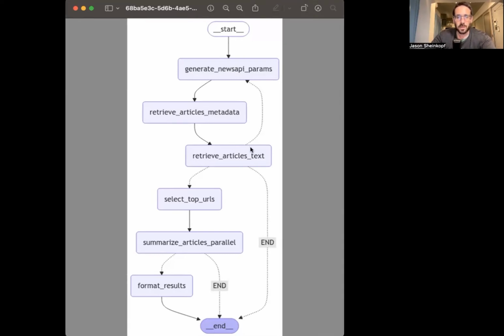In the next node, we use web scraping to extract the article text to make sure it actually exists. If we don't get enough good results, an agent goes back to the previous node to try new API parameters. After that, the agent compares the article headlines to the original query and selects which are probably the most relevant articles. Finally, the top 3 articles are summarized in parallel by different LLM calls at the same time to cut